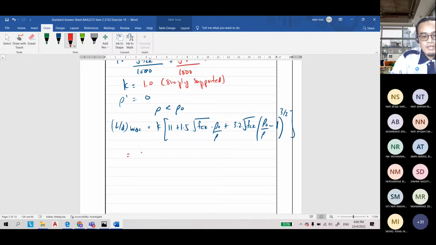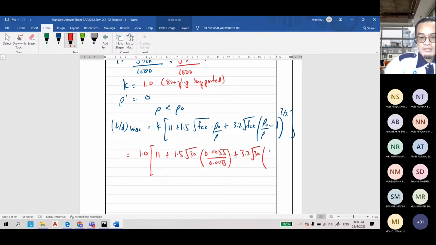So equal to K is 1.0 times 11 plus 1.5 square root of 30 times rho naught, which is 0.0055, divided by 0.0033, plus 3.2 times square root FCK times 0.0055 divided by 0.0033 minus 1 to the power 3/2. Okay, sama dengan 1.0